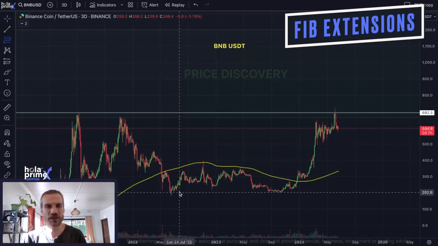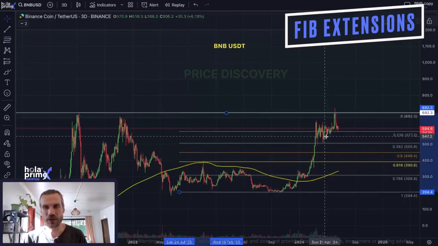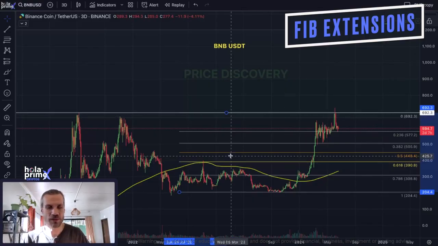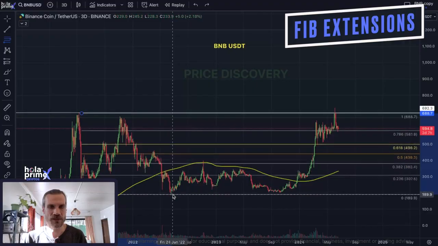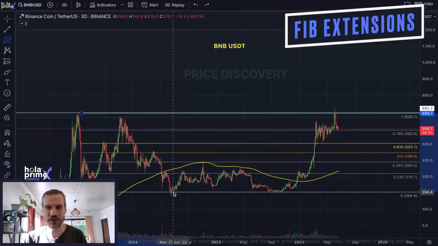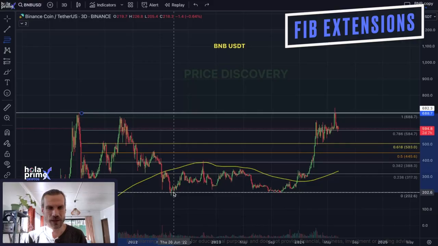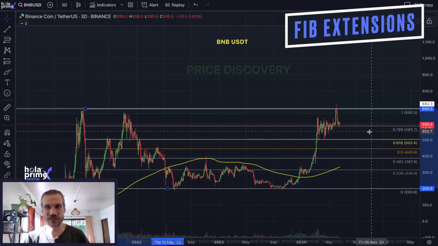So instead of going from bottom to top, which we do for Fib retracements, where we can kind of see how far it's going to retrace, we will instead do the opposite, and we will go from top to bottom. Let's just get all this lined up, just see where the most touches are. Yeah, that's pretty good. Now we have 1 to 0 as opposed to 0 to 1, and the 618 level is in a different position. As you can see here, a very significant level for the price action, bouncing off the 618 consistently once it's